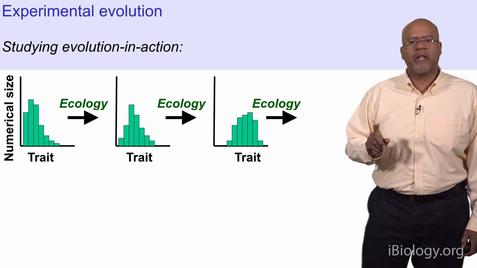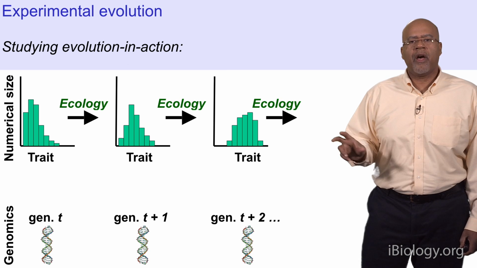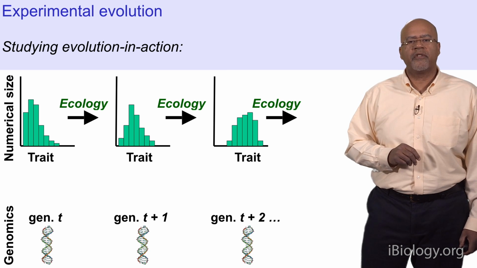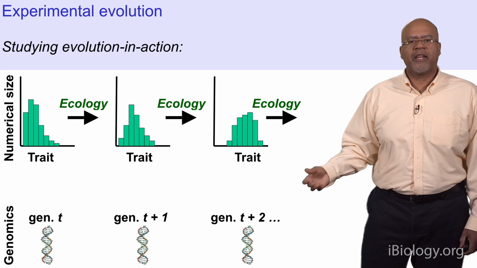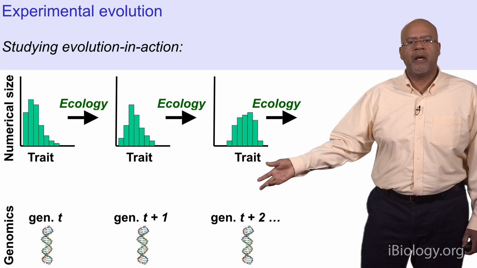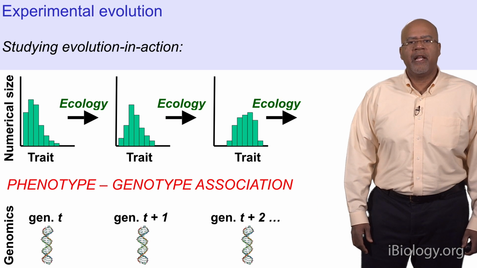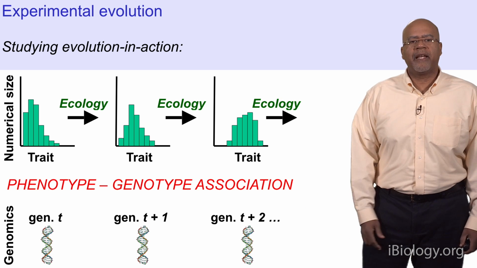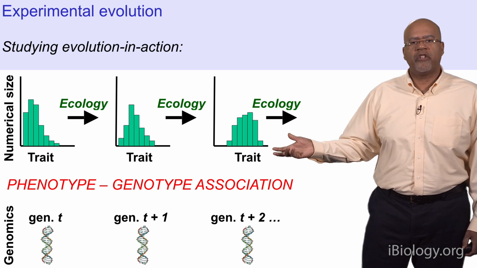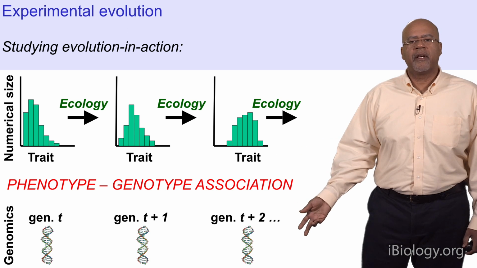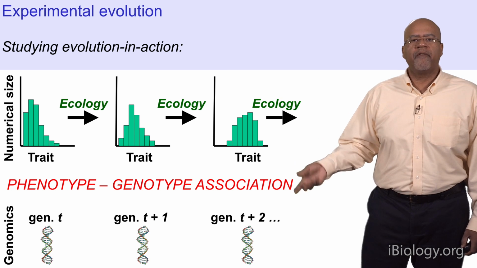Now we can go further than a lot of systems because it's very easy for us in virus studies to take the entire genome from these evolving populations and explicitly look everywhere in the genome for where a mutation might occur. In this case, we can track through generational time how the genetics is changing in relation to the ecological challenge as well. And this allows a lot of immediate power in making something called a phenotype-genotype association. You can infer how the changing phenotype is being controlled by underlying genetics and make some base inferences about what